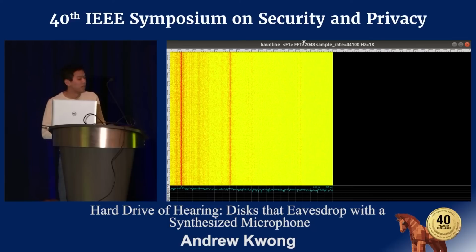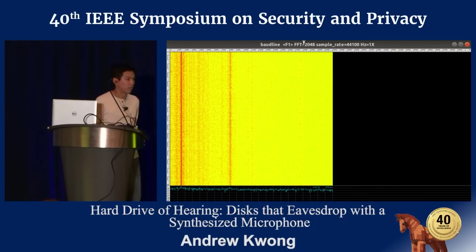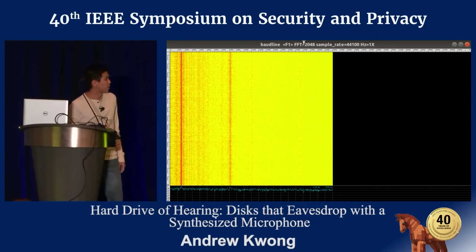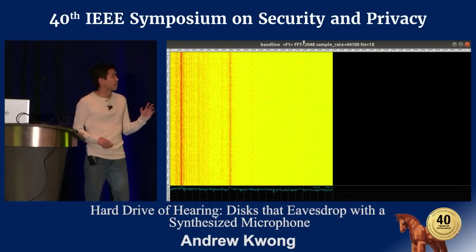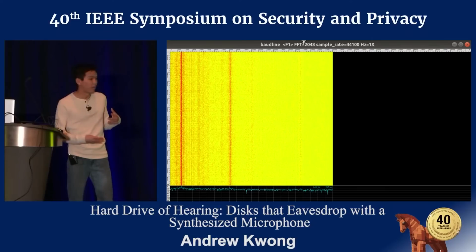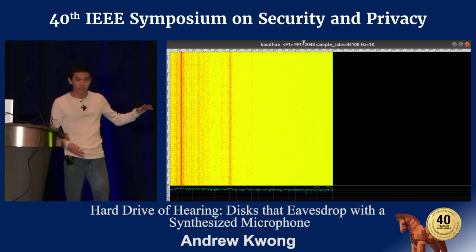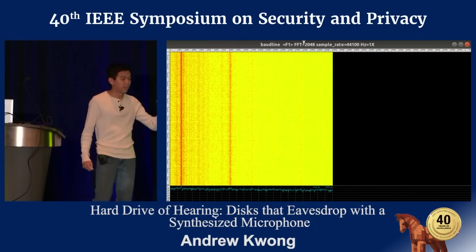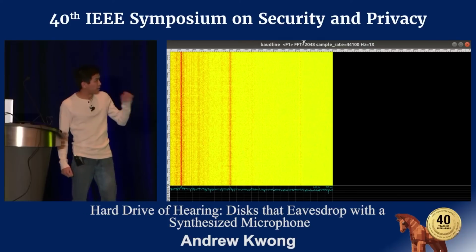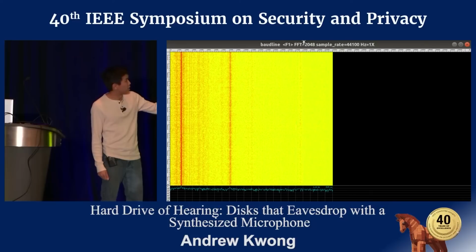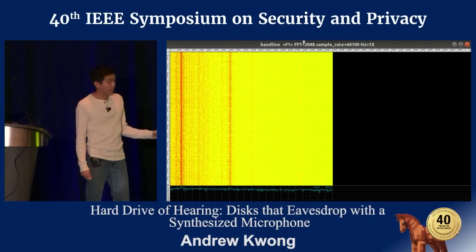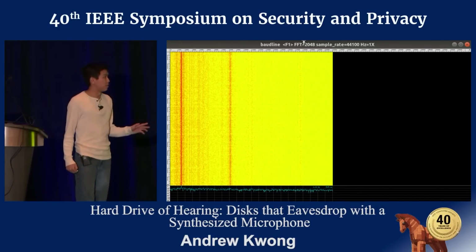I have here the same setup that I showed in that figure. We have here a spectrogram. The way you read this is that on the x-axis we have frequency, on the y-axis we have time, and the color denotes how much energy is at that frequency. At the baseline we have a fair amount of energy concentrated at 1.9 kilohertz and 8 kilohertz. That's where the baseline noise is.